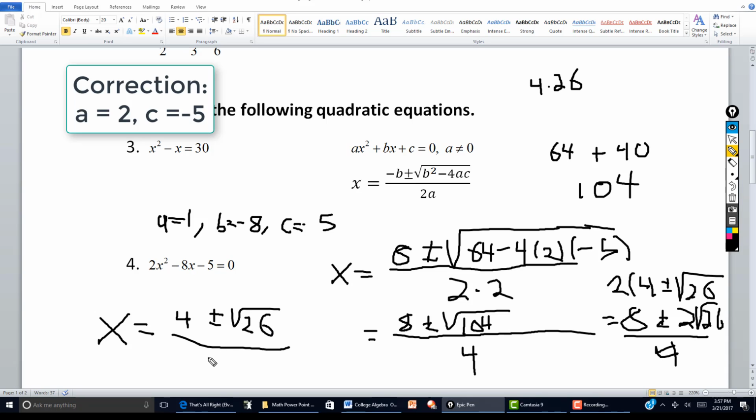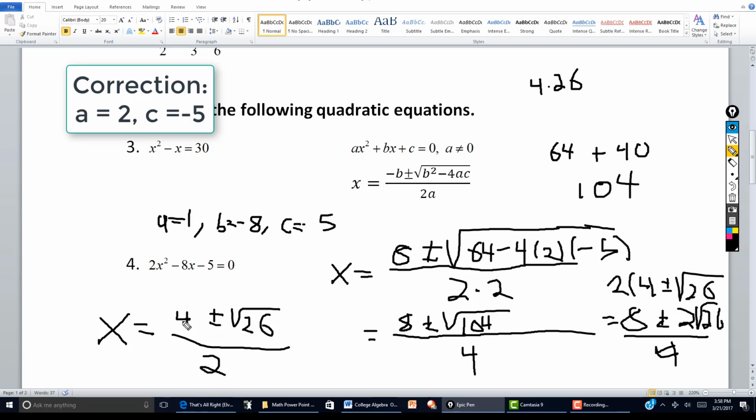And then 2 into 4 is 2. Okay, and that would be your answer. Usually I would leave this one in this form. That's simplified. Okay, now if you want to go ahead and divide this out, normally they'll leave the answer this